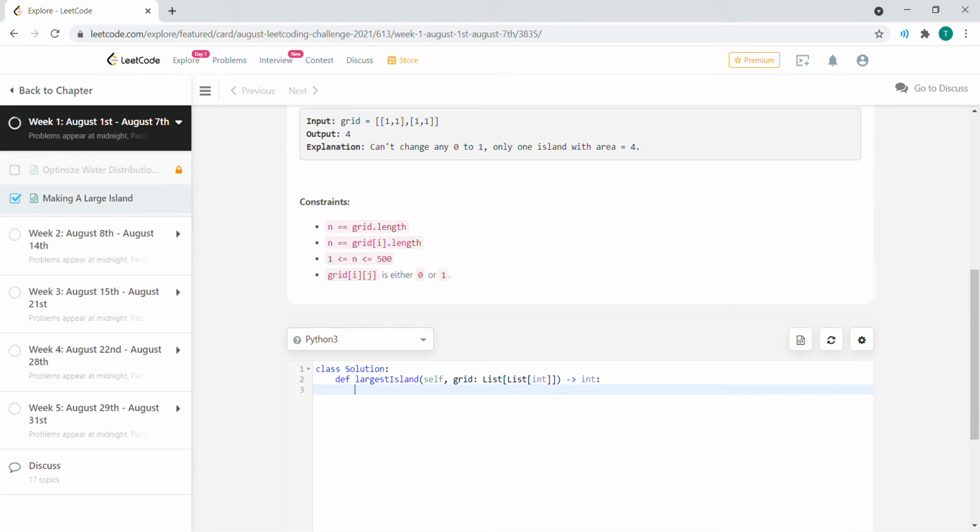So this is not really the best, most efficient way of doing it, but it's a hard question, so I'm just going to give the bare minimum here and see what I can do. So first thing we're going to do is find n, which is the length of the grid, and then we also want to find the